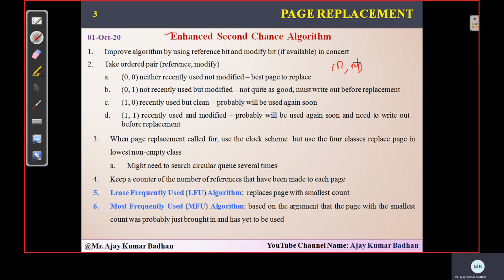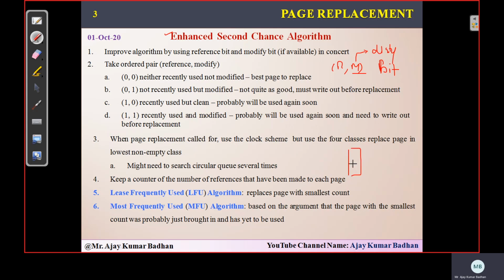I don't know how many of you remember this, but we discussed the modify bit in the previous session. We also call it a dirty bit. If you don't remember, just visit my previous video so that you can understand. The modify bit, or dirty bit, has a purpose similar to the reference bit. It identifies whether the page present in the frame has been modified or not. If it is modified, then that has to be written back to your backing store.